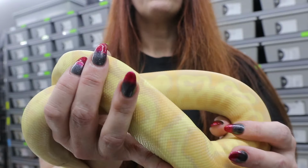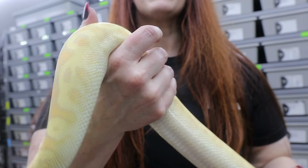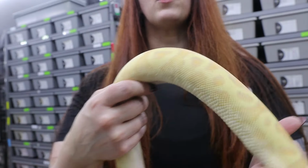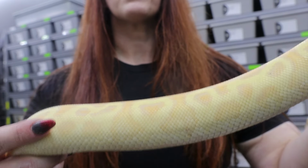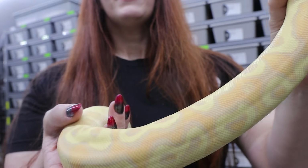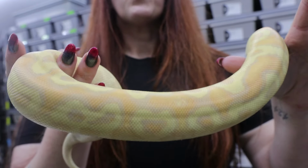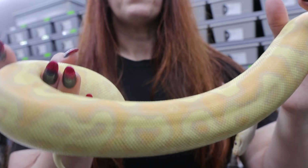What else? There's the new mimic that I am extremely interested in. I actually asked about it probably when it first was posted. I think O2B Reptiles first posted it like a year and a half ago or something like that. I was like, oh, that's my dream snake, I gotta have it. But anyway, this one is verging on close to my top snake, just because she's so visually appealing and she's